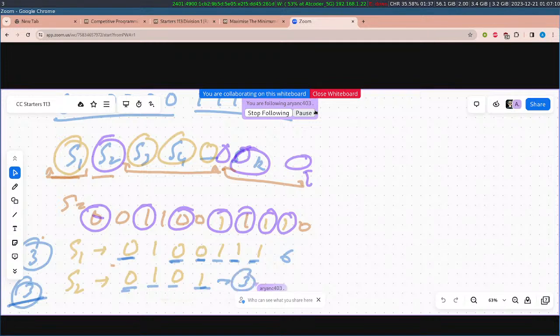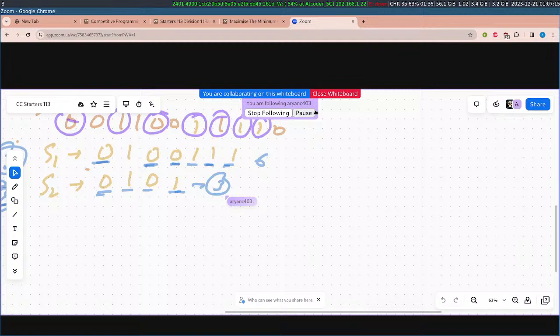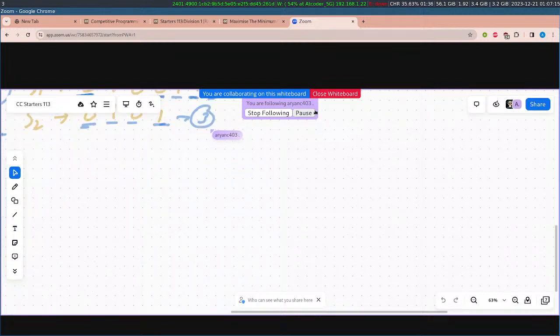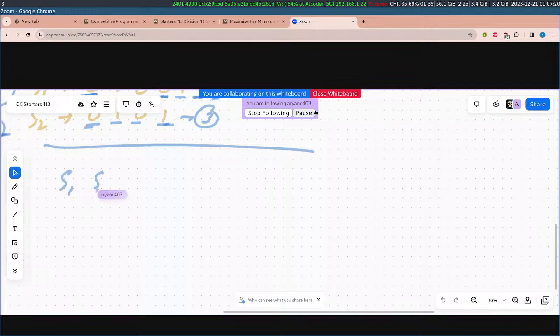So the answer is again 3. And if we look at now, look at the initial string, the initial string S1, S2, S3,